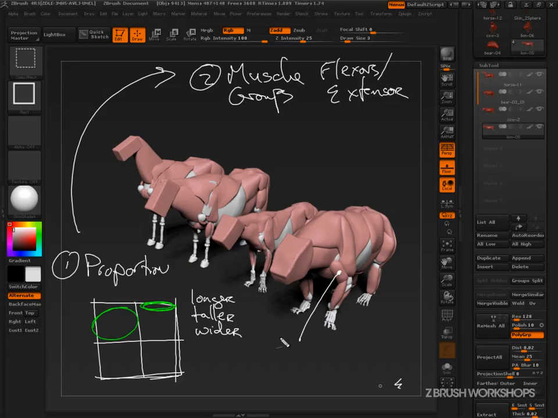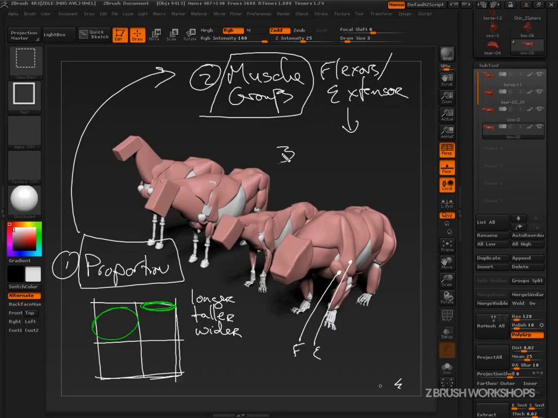An example of an extensor would be the tricep group back here. And we've kept it really simple, nothing too major, just really easy grouping that we've transferred from one model to another. So with this proportion setup and simple muscle groups setup, now we need to come in here to